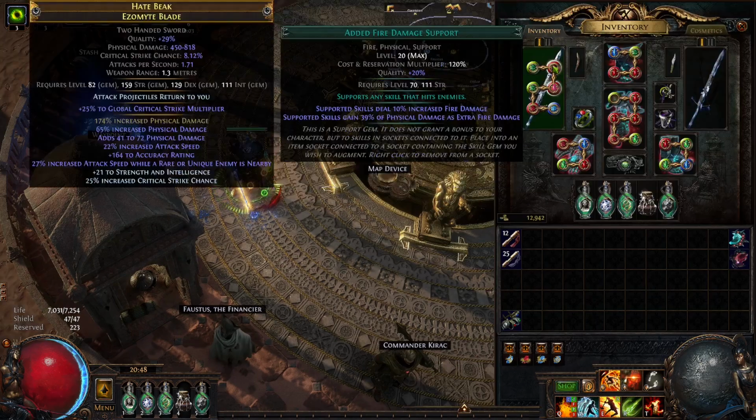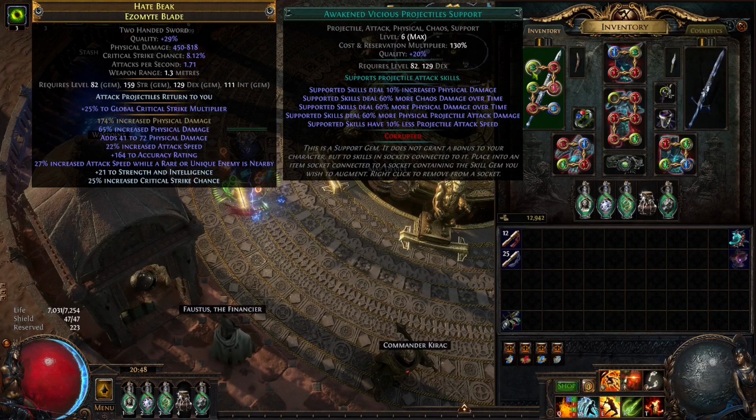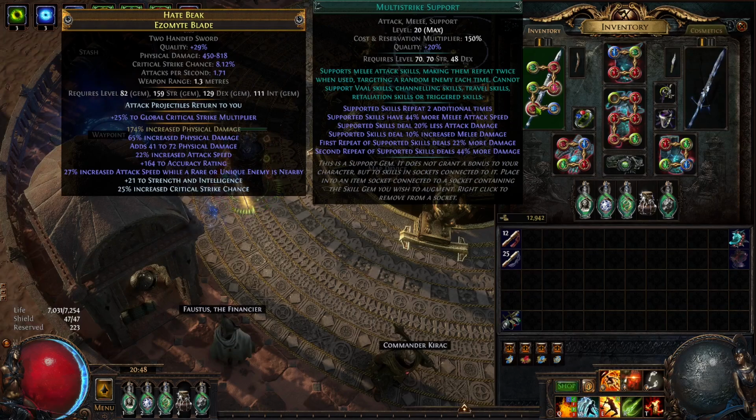Okay, as for the skill gem setup, Molten Strike of the Zenith is supported by added fire damage, awakened vicious projectiles, mainly because this both reduces projectile speed and gives a massive more physical amplifier, very high damage. Awakened GMP, obviously. Multistrike, not the awakened version, because I find with the awakened version it repeats 3 times, and